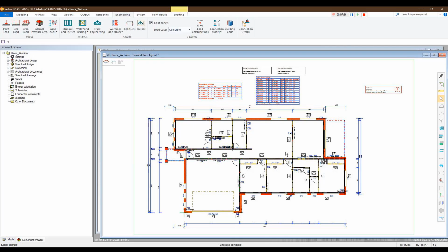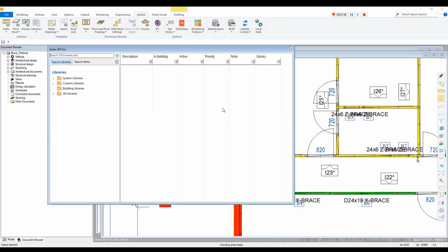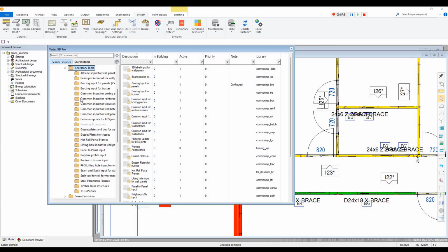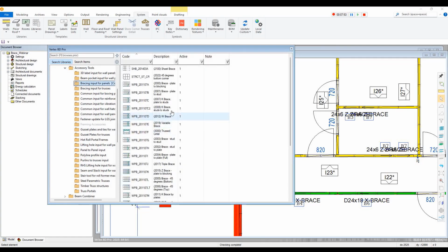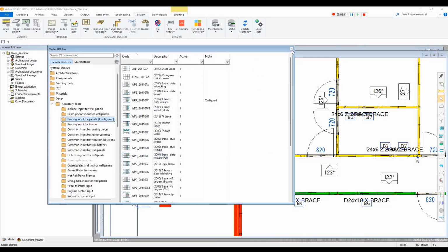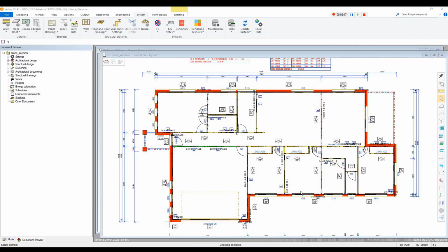What I can show you briefly is, if you do want a K-brace, I'll just quickly come into the library here, and go to my accessories and bracing input. So if I go to my K-brace here and edit my configurations, if I did want to change the symbol note and change that to say KB for K-brace, I can go OK, exit out of that. And then I go and add in a new K-brace, so let's do this one here